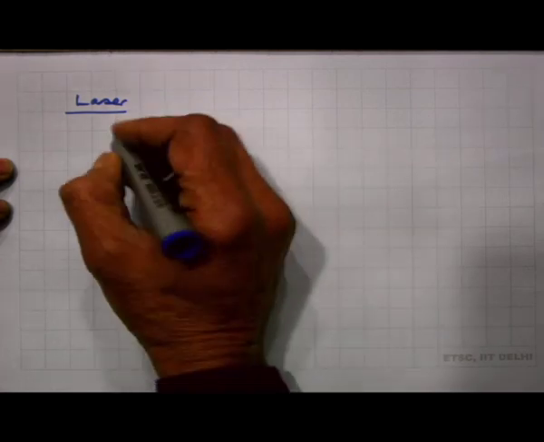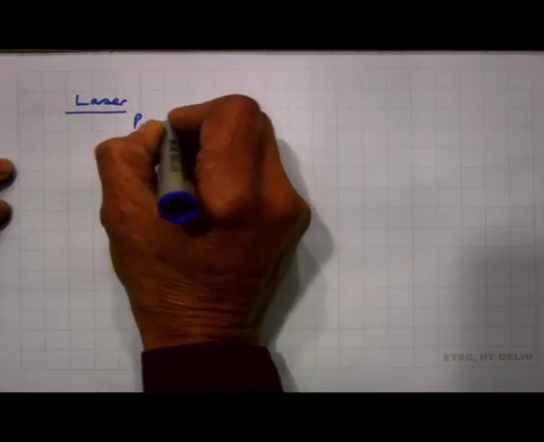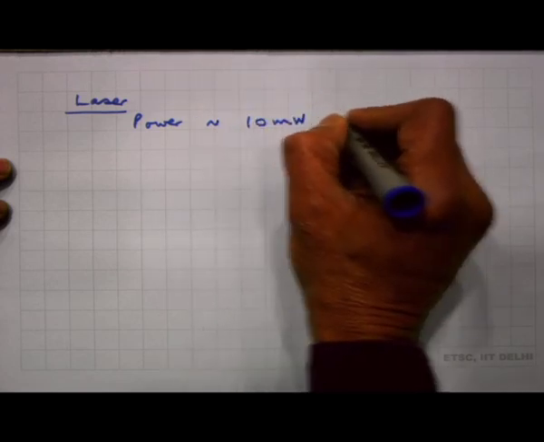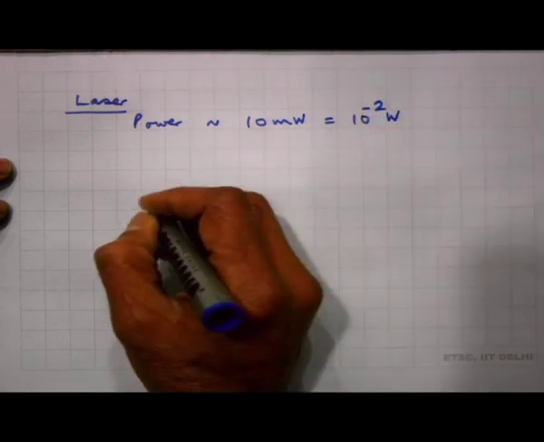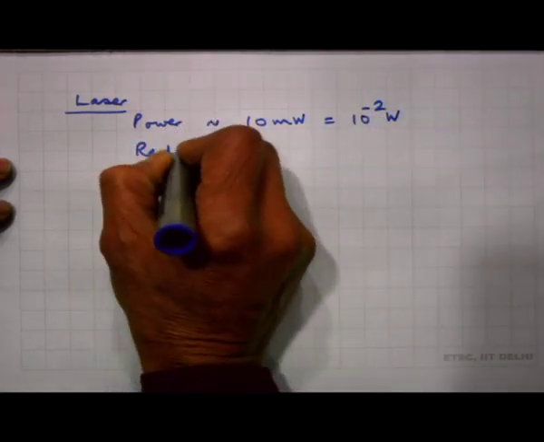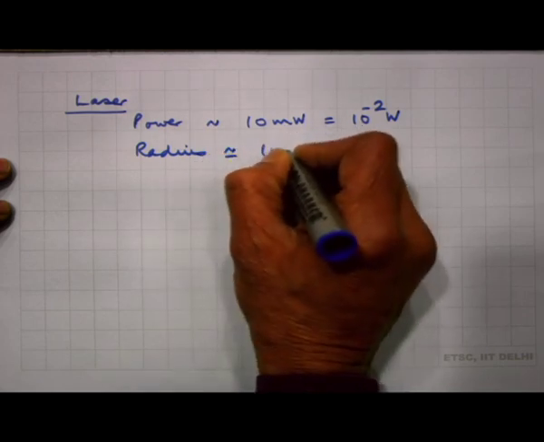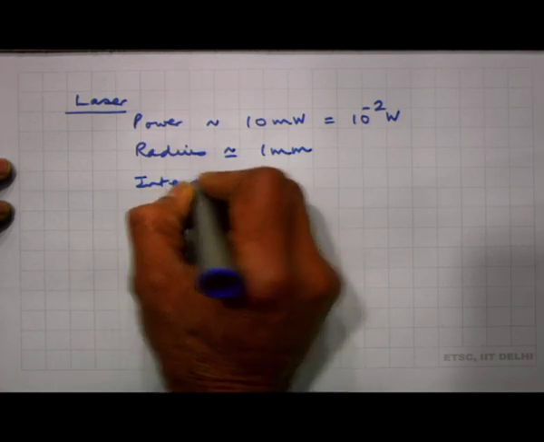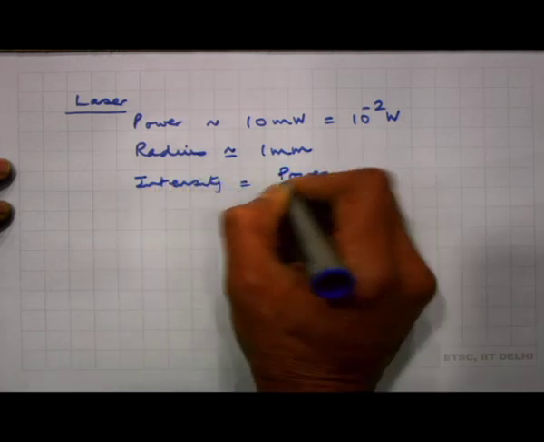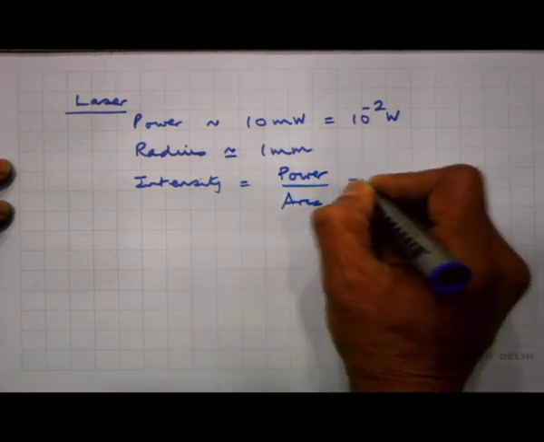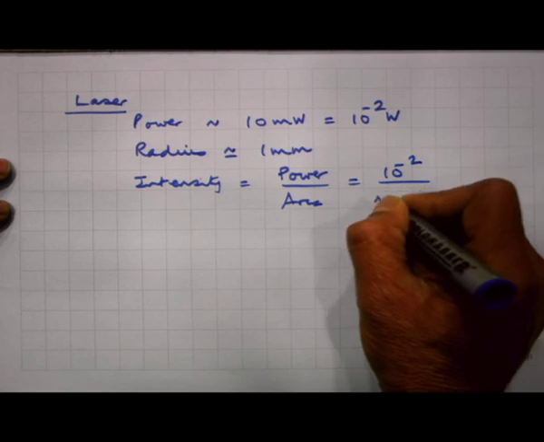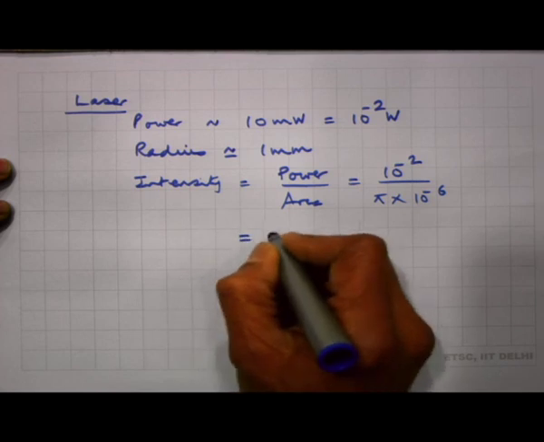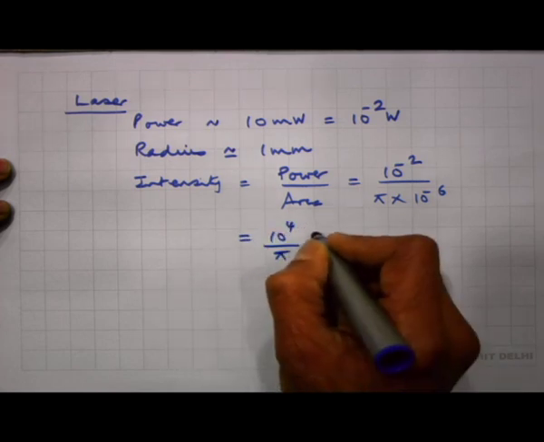So, typically, if I take a laser power of 10 milliwatts, which is equal to 10^-2 watts, and if I assume the radius of the laser beam is about 1 millimeter, then the intensity is equal to power by area, which is 10^-2 by π r squared, with r squared being 10^-6 meter squared. So, that is equal to 10^4 by π watts per square meter,